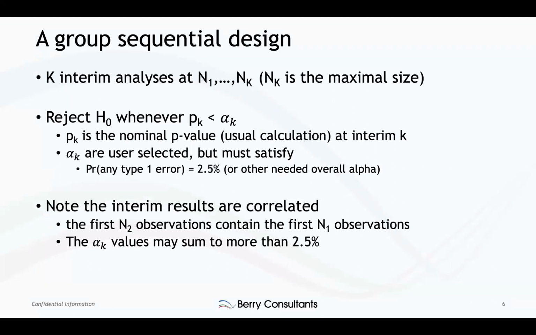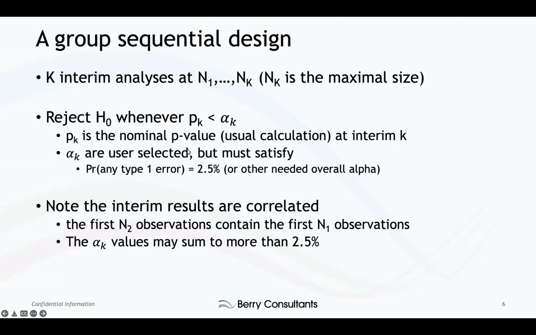So what's done in a group sequential is we pick our interims, N1 to N capital K. This is when we look at the data. And we pick a sequence of these alpha K values. At the interim, I compare the current p-value to this alpha K. If I'm smaller than that alpha K, then I'm going to stop for success. If I'm not, I'll continue to the next interim. And so these alpha Ks,